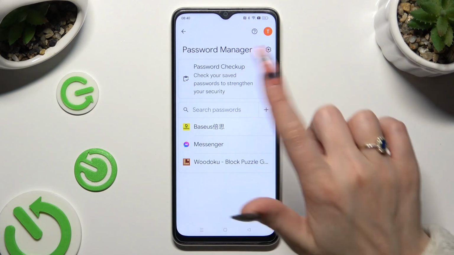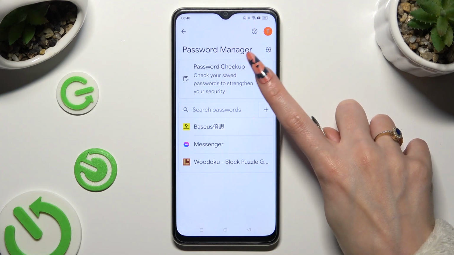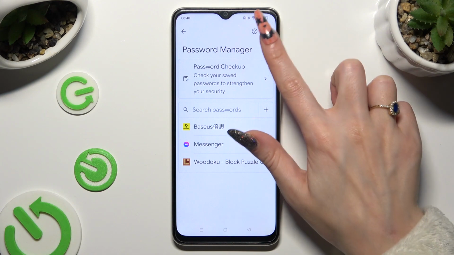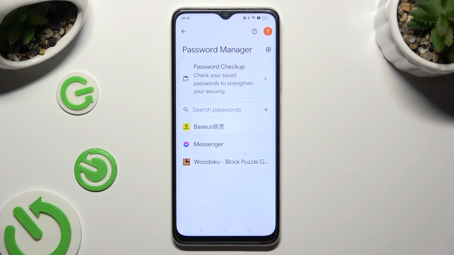If you can't see any of those options, that means that you never added a password before. To make them visible, you need at least one, so tap on this gear next to Password Manager. Make sure that Offer to Save Passwords option is on, log into one of your apps, and click Save in Autofill pop-up. This way, your password will appear over here, and you'll be able to add any other one you